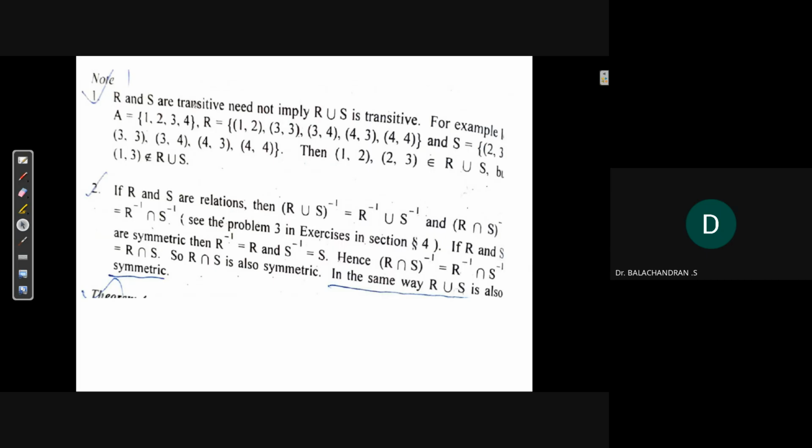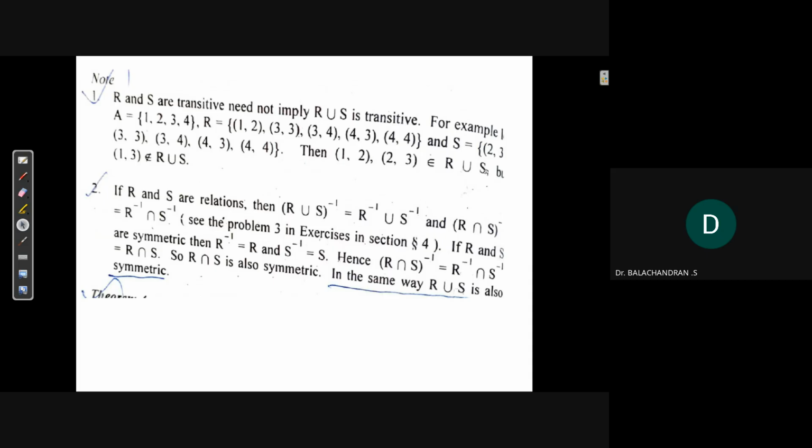For this, you should give it like this. A is a given set {1, 2, 3, 4}. R is this relation; you can check this is transitive, and S is another relation. This is also transitive. So (1,2) is in R, and (2,3) is in S. So (1,2) and (2,3) are in